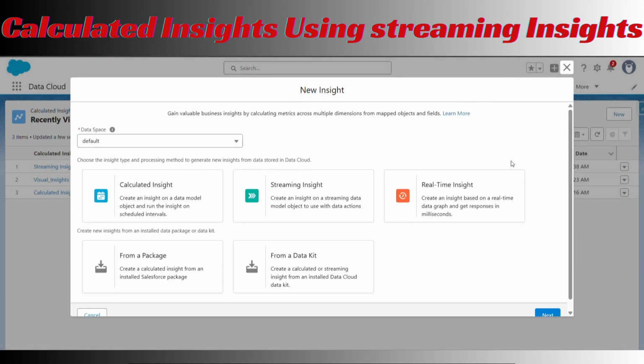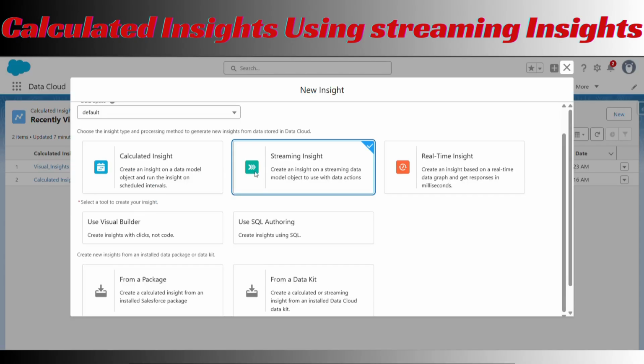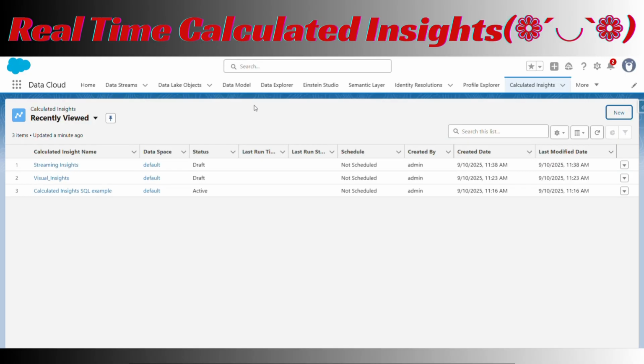Okay, so next we will discuss the real-time insights. Now this was the Streaming Insight. Real-time calculated insights are similar to Streaming Insights.